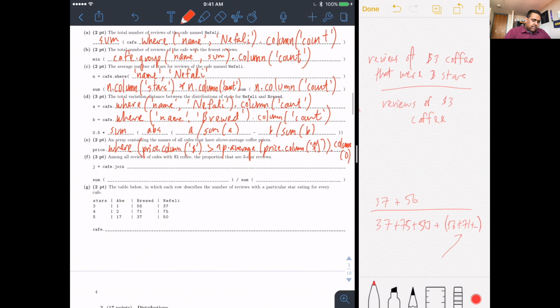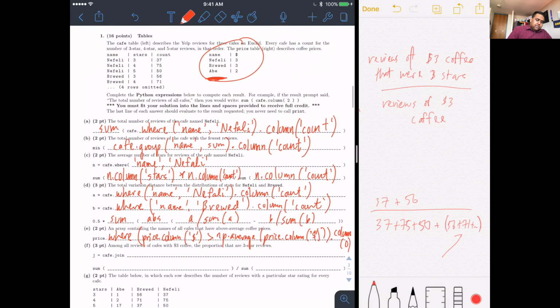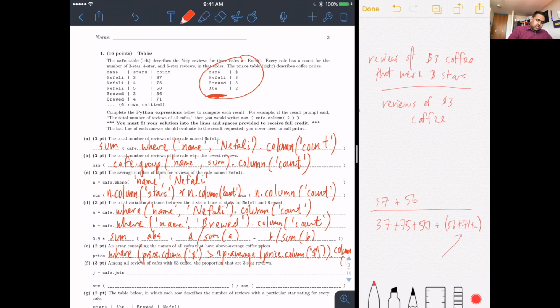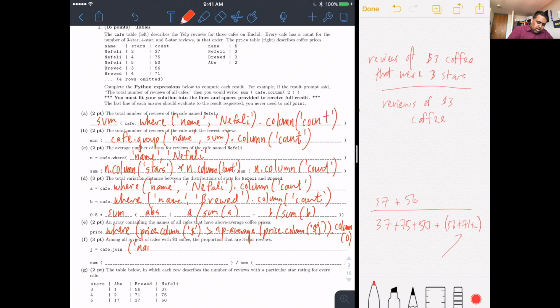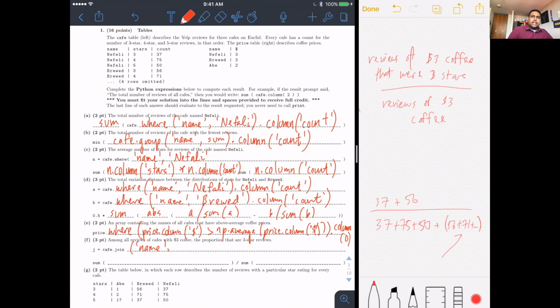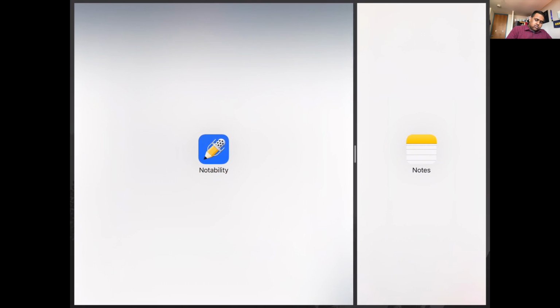So the first part, we have a join, as the question hints to us. Well, we need to join together these 2 tables, right? And the way we're going to join them is by the name. Nefali, Brewed, whatever, right? That's how we're going to join them. We're going to do cafe.join by the name column, and the second argument is the second table, which would be price. Now, we only care about the places that have $3 coffee, right? Like, for example, Abe has $2 coffee, so that doesn't factor into this calculation. So we can drop that. So we only want where